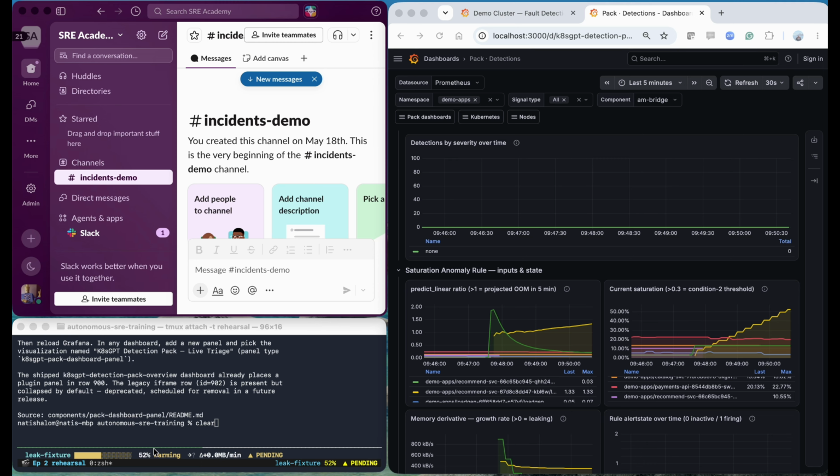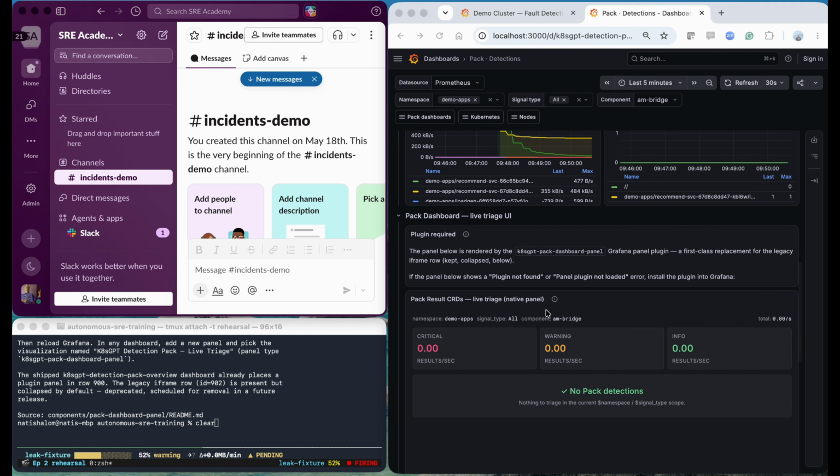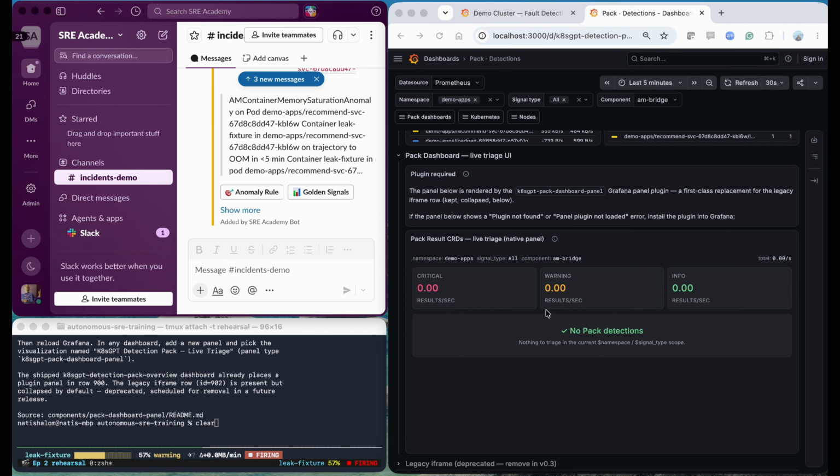And now we can start to see the label changing. That means that the anomaly detection is starting to see something is going wrong. We still didn't generate any alert or CRD, so therefore the plugin doesn't really show anything here. But soon we're going to see, and here it's getting fired, and soon we're going to see the actual Slack message being triggered. What I added here to the Slack message is also 2 links